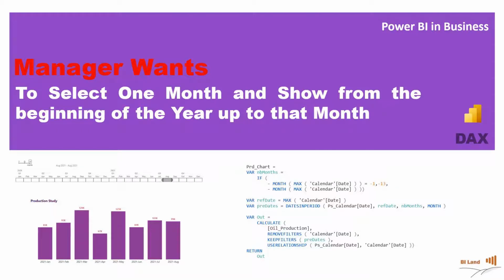Today we are going to see an interesting and very useful subject. Imagine you have a time slicer in your report, like month. What if you want to select a specific month and you want your chart, like a bar chart, to show the results from the beginning of the year up to that month, meaning that in your x-axis you will see the name of the month from the beginning of the year that the selected month is in, up to the selected month itself. As a bonus, I will also show you if we select January, it will show from January of the